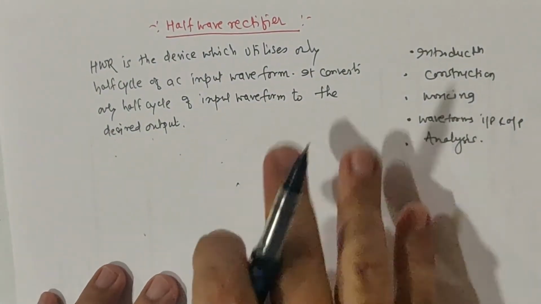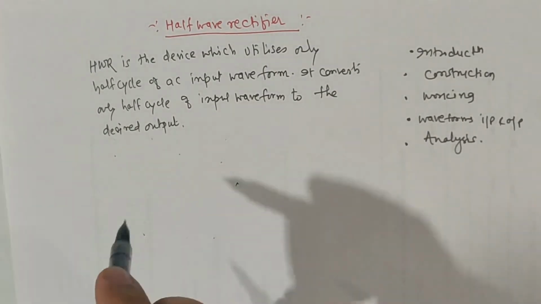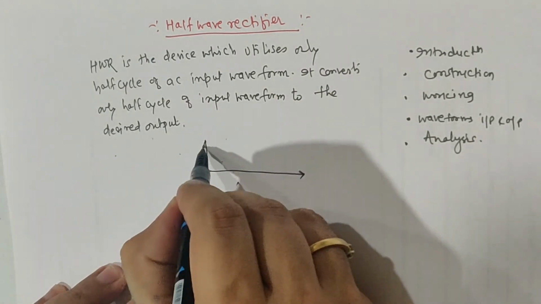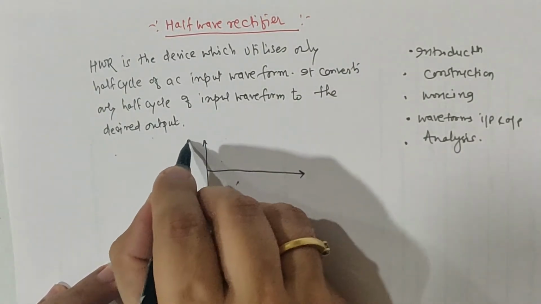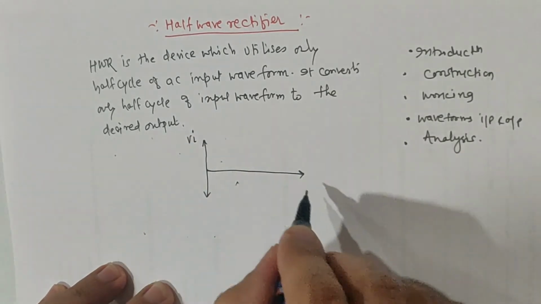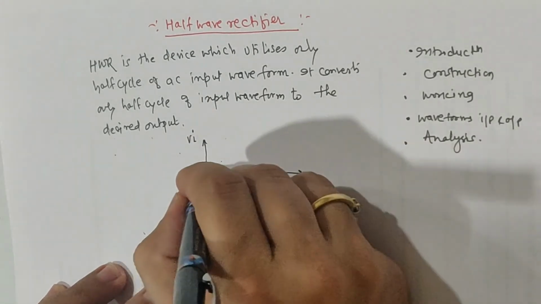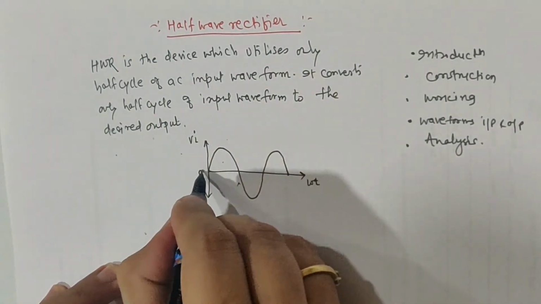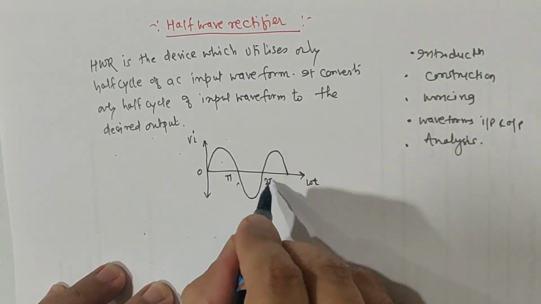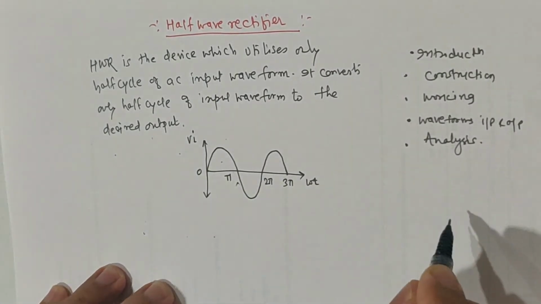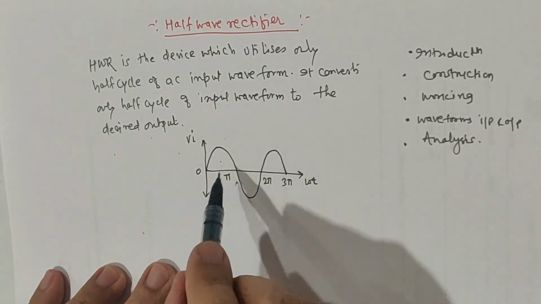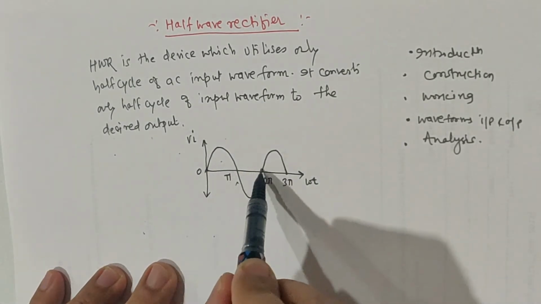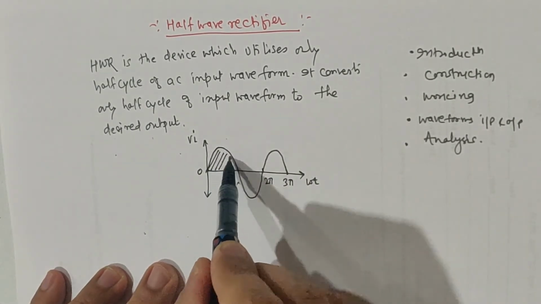Okay. See here, when I apply AC input, so AC input will have two half cycles. If I consider a full cycle, so let us draw it in terms of voltage. So it is, let us say, input voltage Vi with respect to omega t. So AC input will be a sinusoidal wave, right? So it will be 0 to pi to 2 pi to 3 pi and so on, right? So it will be utilizing only the half wave of the input waveform. So if I consider a full wave from 0 to 2 pi, only half cycle will be utilized.